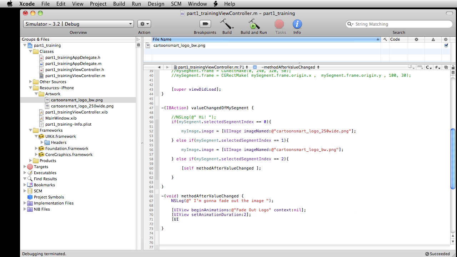And continuing setting this up, UI view, set animation, just hit return to go to the next kind of breakpoint for what they could autofill this in as. Delegate, we're just going to set this as self. I haven't actually come across any examples of where that's not going to be self. And then UI view, set animation, repeat count, that's going to be 0. You could